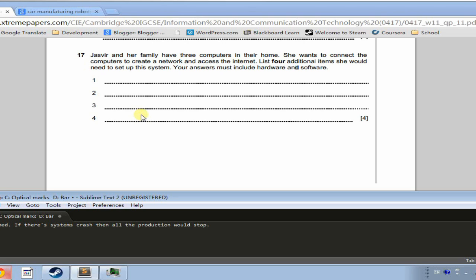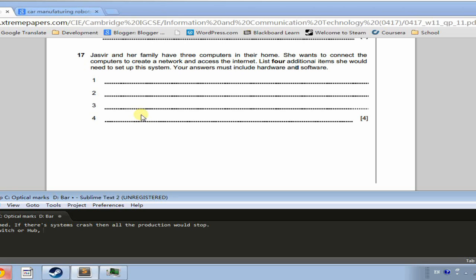Another item we might have, so if we were talking about making a LAN, we're often going to have a switch or a hub. So I wouldn't put 2 of these down, I would just put one or the other, a switch or a hub. A switch would be the more intelligent one, and quite frankly, the only one we would really use in a modern day setting, unless there was a specific reason for a hub. So yeah, a switch or a hub